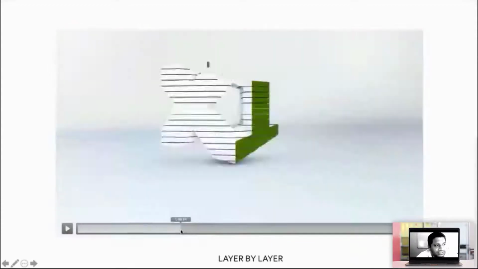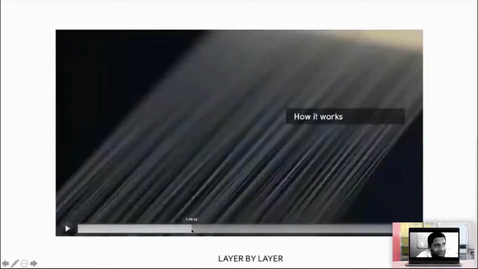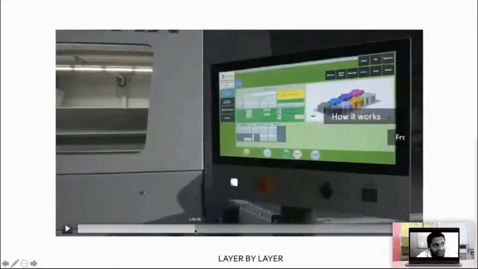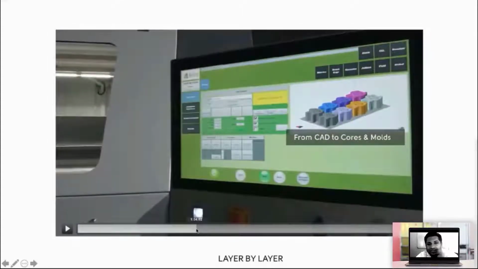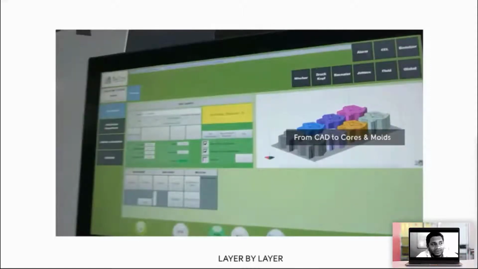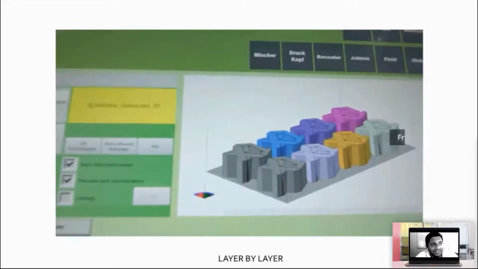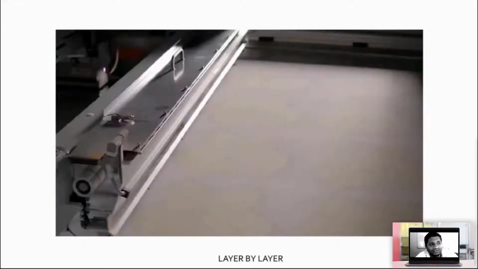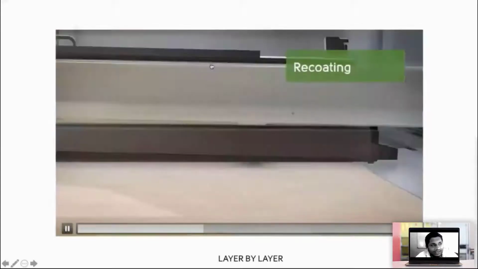So how is it done? First we have this glue. It is coming out from the printer head. First, we are going to create a 3D CAD model. So we created our 3D CAD model, then we converted it into tessellation, or what you call an STL file, for creating layers. Now this is my machine and I put my powder bed inside.